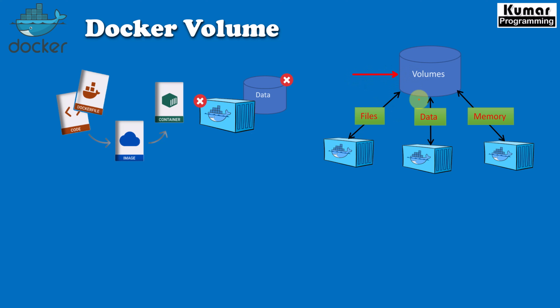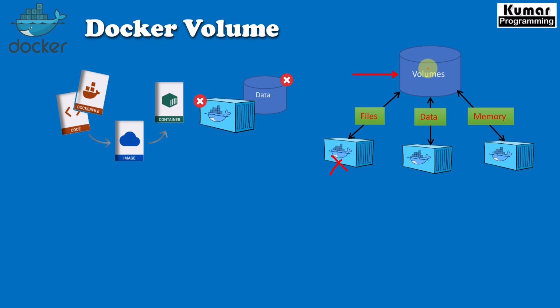And now the benefit is this volume is separated from the containers. Suppose that in future this container crashes, our data will persist, right? So we will create a new container and the new container will be associated with the existing data, so we will have our data persist. The other benefit is this volume can be shared with multiple containers. So the same data can be shared with multiple containers and all those containers can use this volume.